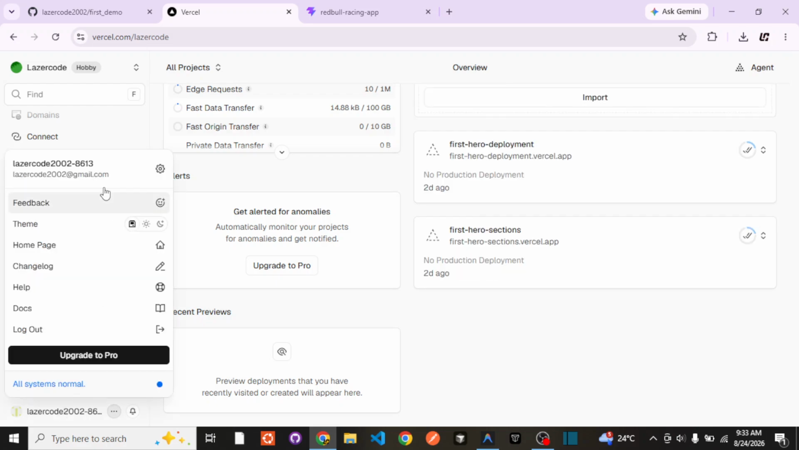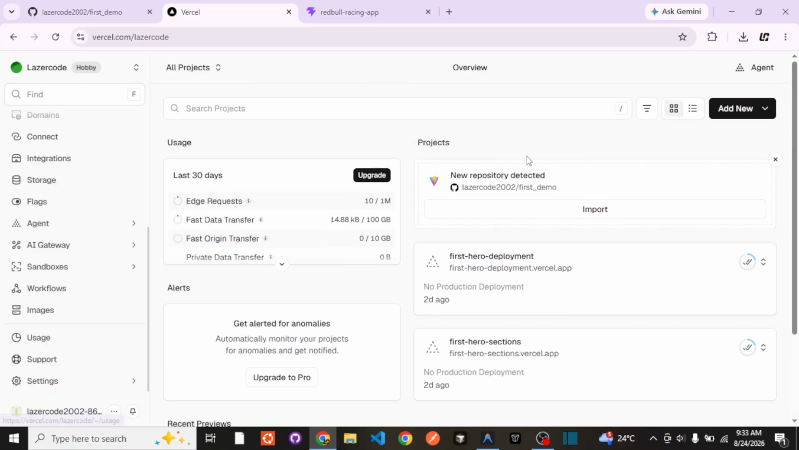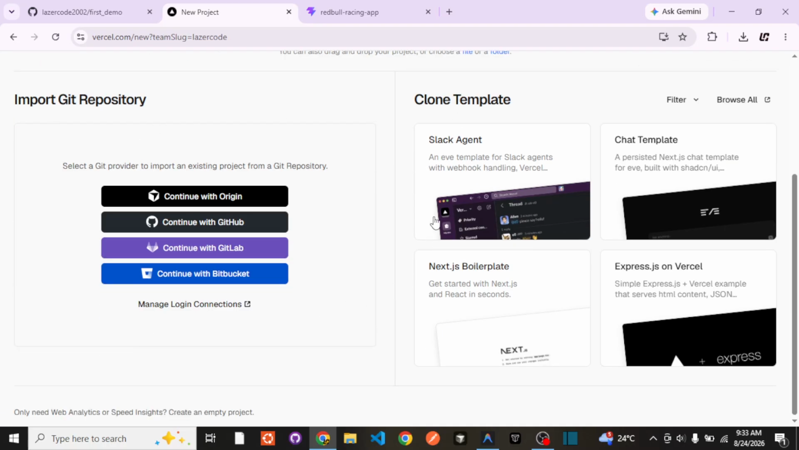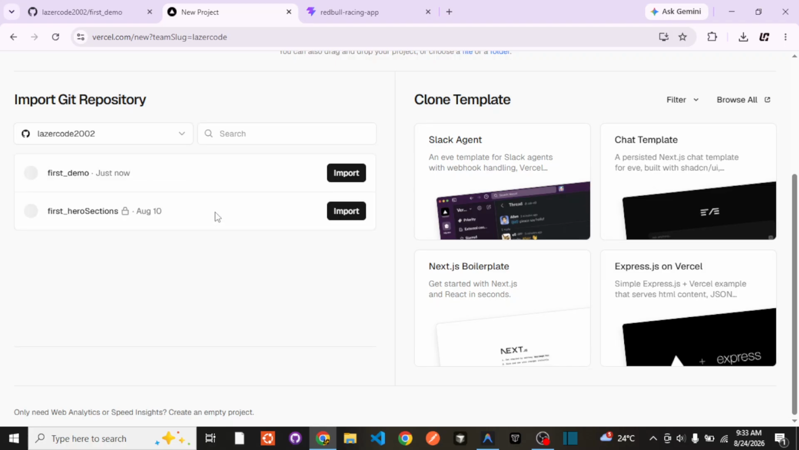Here you can see our Git link. To add our project, we need to click on this add new and click on the project, and it will show it like this. We need to connect it with GitHub, and it will show what are the repos there in the GitHub. And this is the Git repo that we have just pushed the code, and clicking on import,